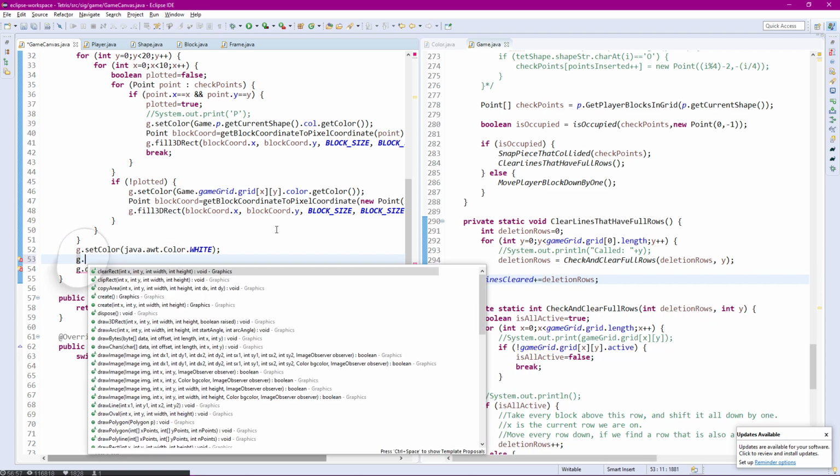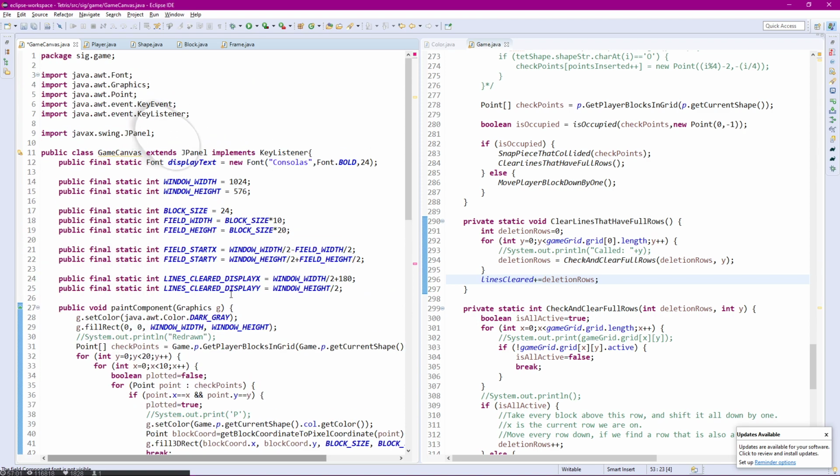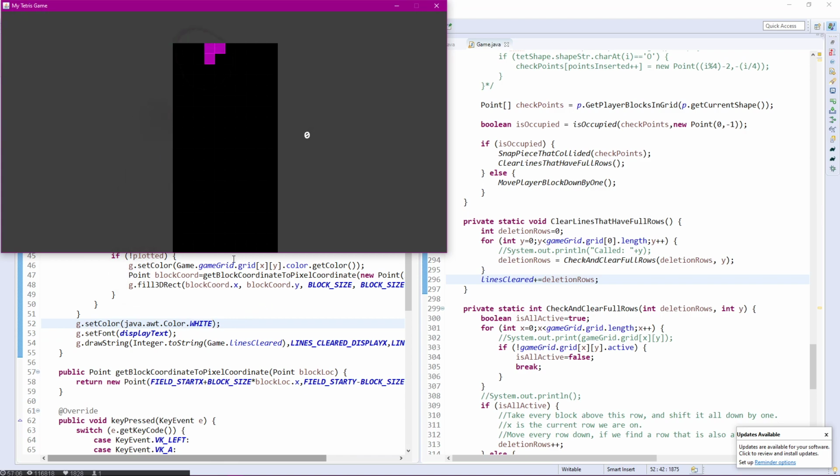We might have to set the font. Set font. So we can set the font before drawing, which I think is what we want. And you can see here now there's a giant 0. So if I go around and actually